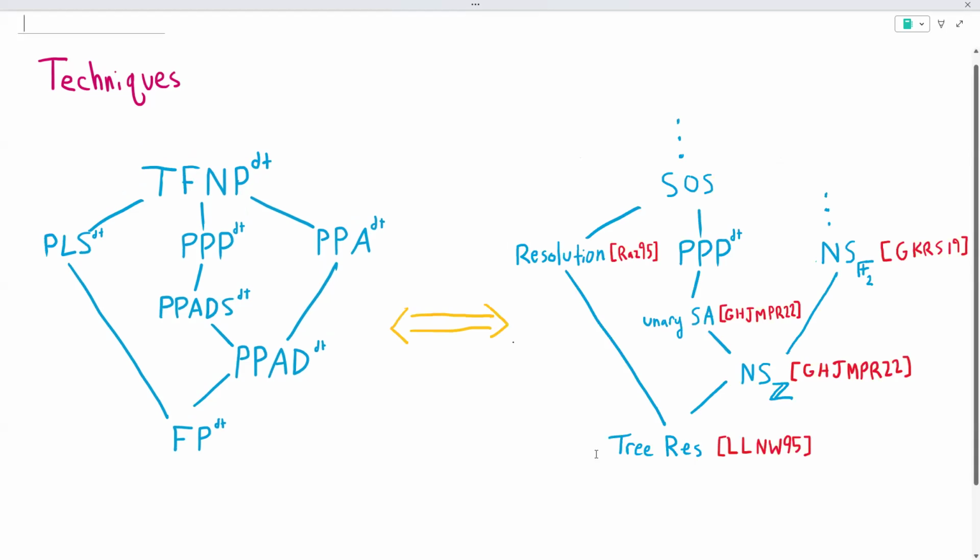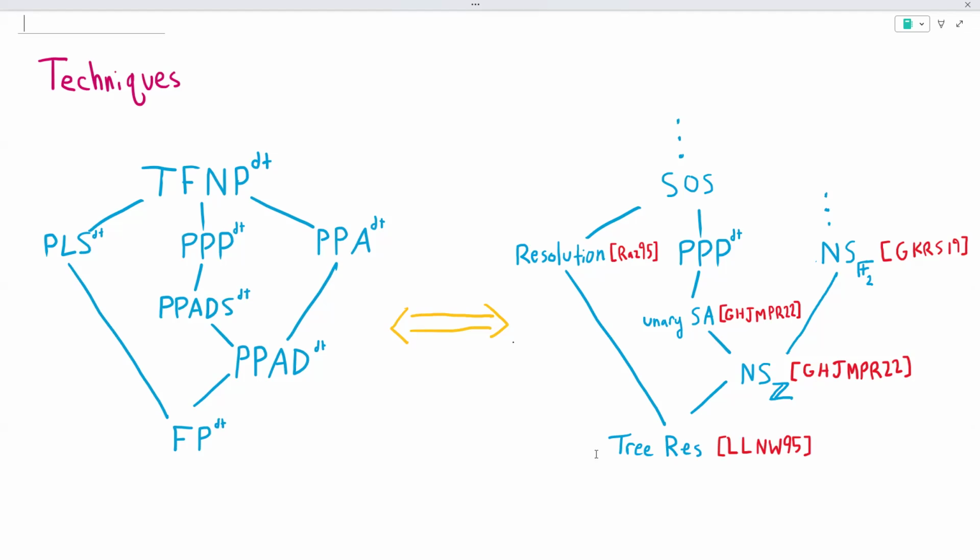Okay, so I don't have time to get into the connection in full, but the way you can think of it is, for every black box TFNP class, this is captured by some propositional proof system, where a problem is in this TFNP class if and only if this captured propositional proof system is able to prove in polynomially many steps or quasi-polynomially many steps that some corresponding CNF to this search problem is unsatisfiable.